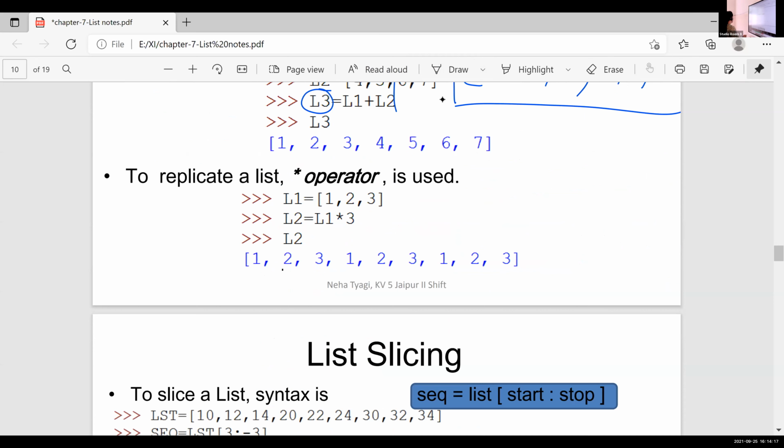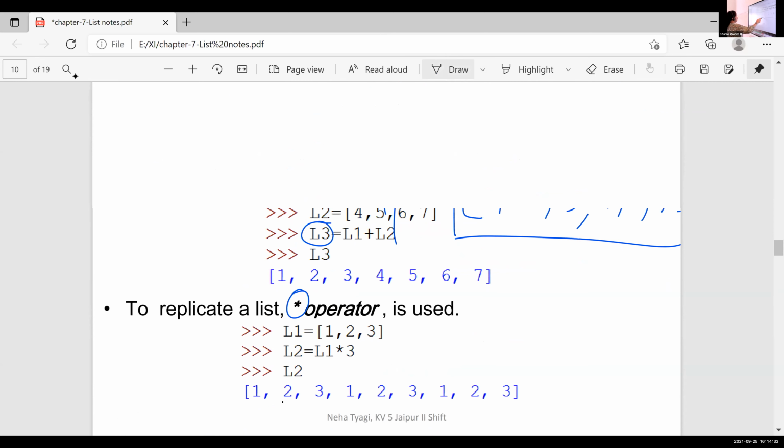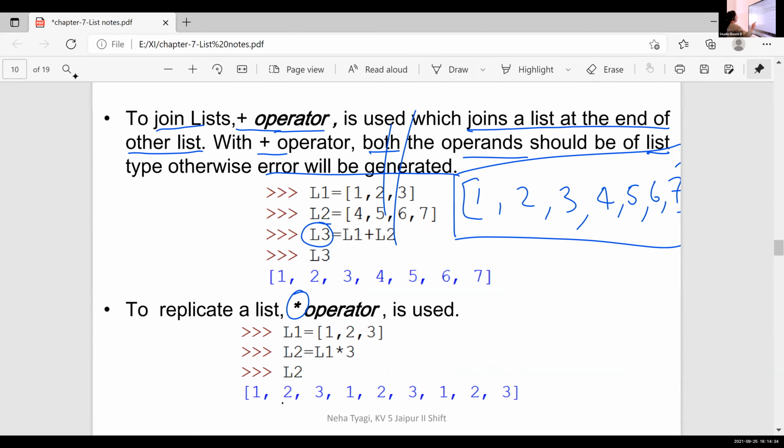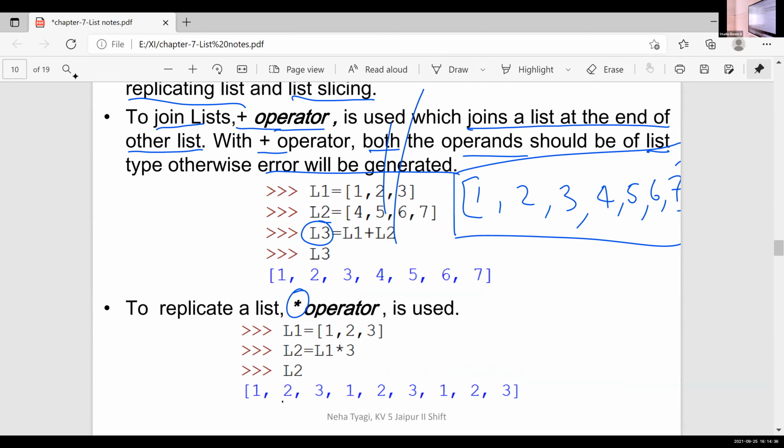This is the replication operator. The replication operator is star. Star is used for replication. To replicate a list, the star operator is used. Here, in this example, L1 is equal to 1, 2, 3.